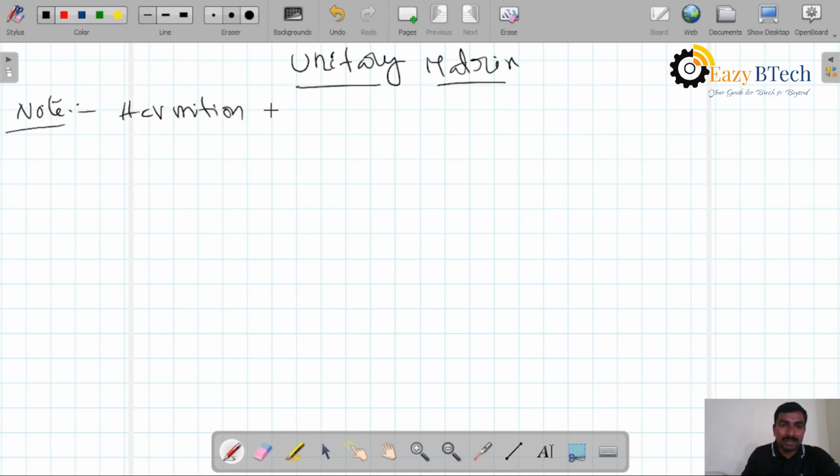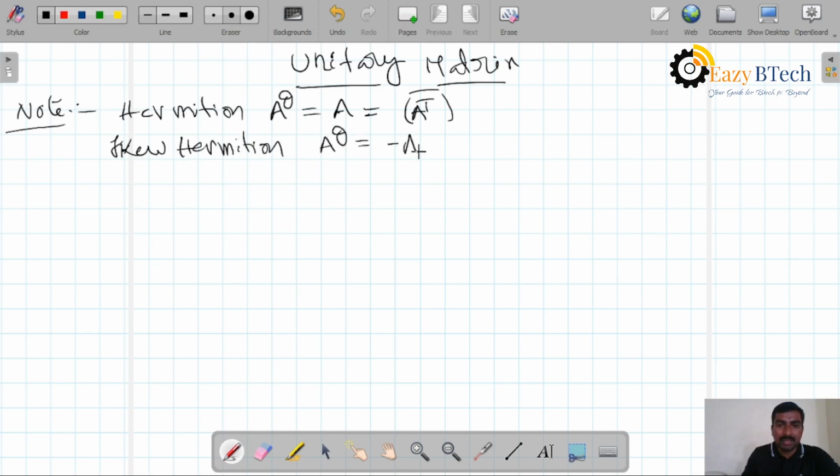Hermitian means A power theta equals A. That means simply it is called A transpose whole conjugate. And skew Hermitian means A power theta equals minus A, or it is called A transpose whole conjugate. So these two topics we discussed in the last class, but here our required note is